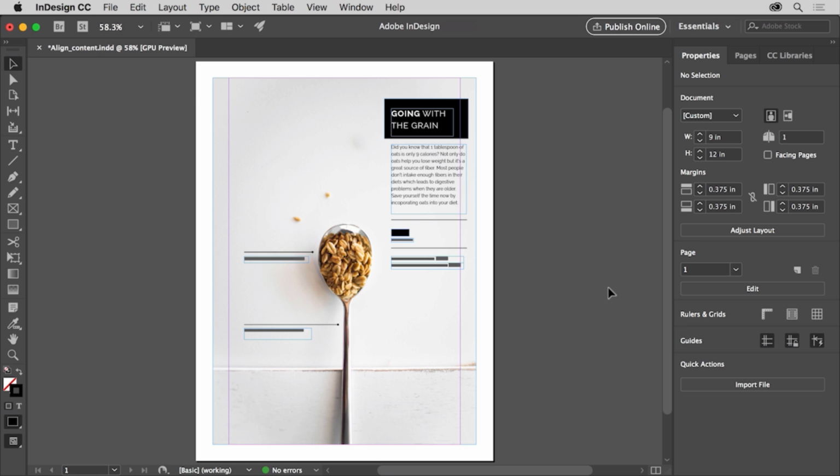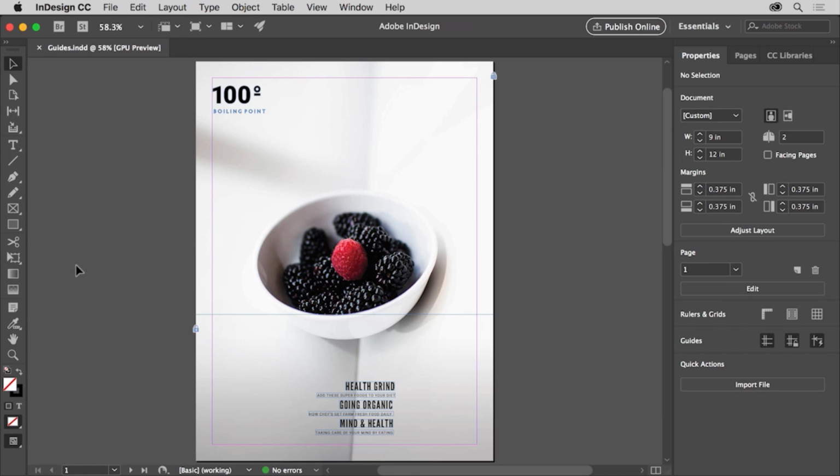Experiment with grouping objects and aligning to see how they can help you work faster and smarter. When adding content to your InDesign projects, you can create non-printing guides that help you align content easily. In order to align this content a set distance from the edge of the page, you'll create what's called a ruler guide. So you can follow along, you can open this practice file from the downloadable practice files for this